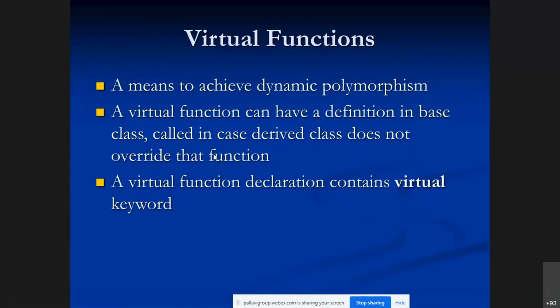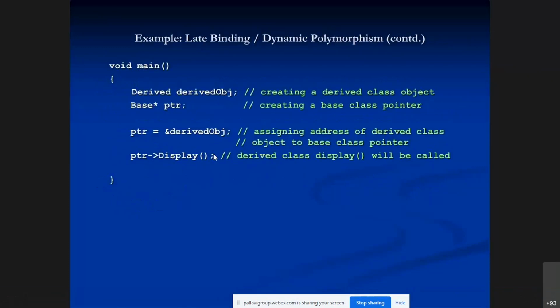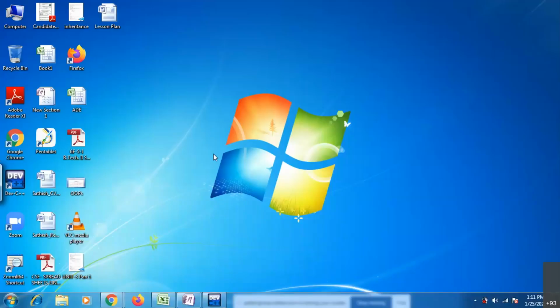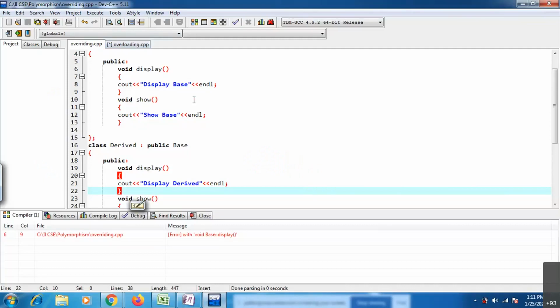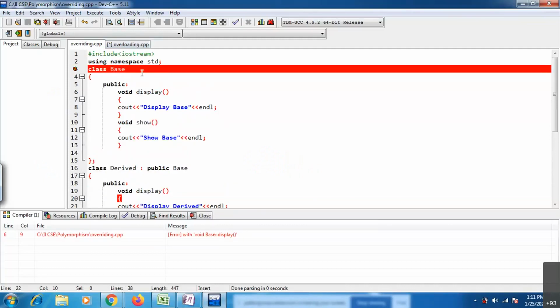Now, virtual functions. See what the problem is in dynamic polymorphism. If I try to override some functions inside the derived class, what happens? This is the base class.